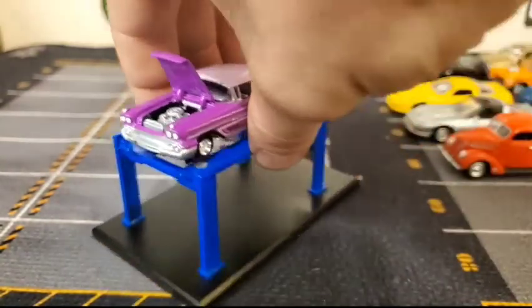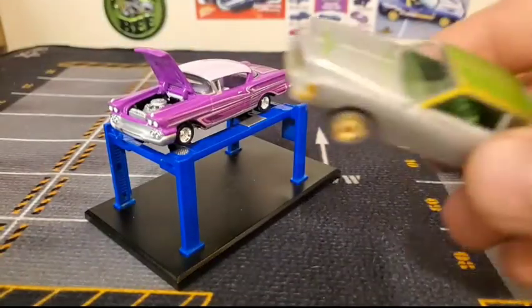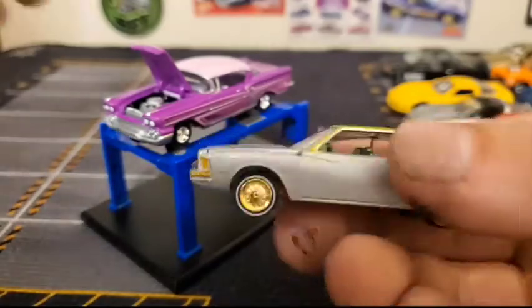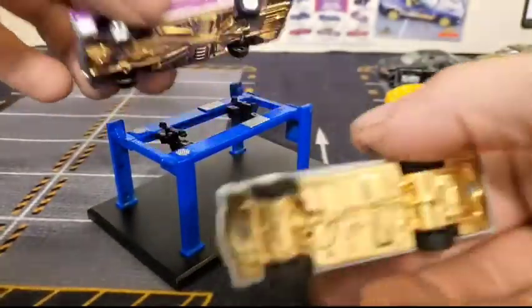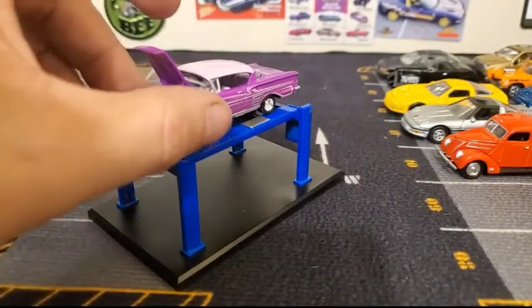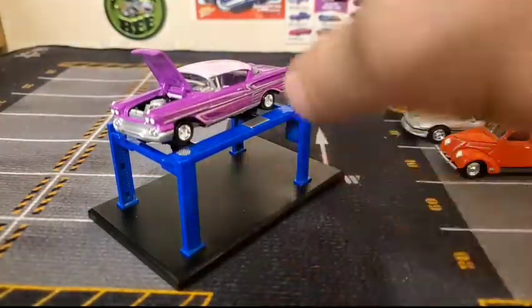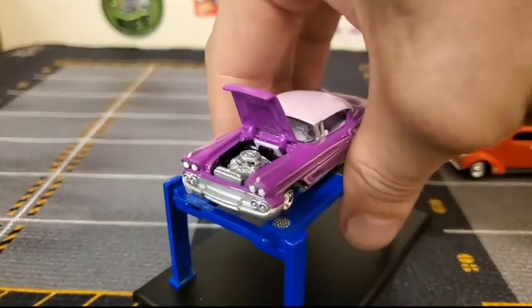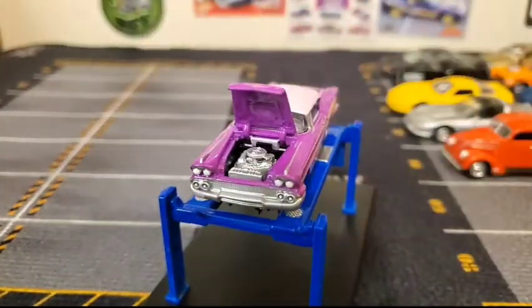Now, we have seen one other car from the Scrapin' series. I talked about this already. The 78 Monte Carlo. Both with gold bases on them, which I think is absolutely awesome. Such a cool feature for these guys. If we can get this to sit level here for you. There we go. Taking a peek under the hood here, we don't have a gold engine bay like the other lowrider did,